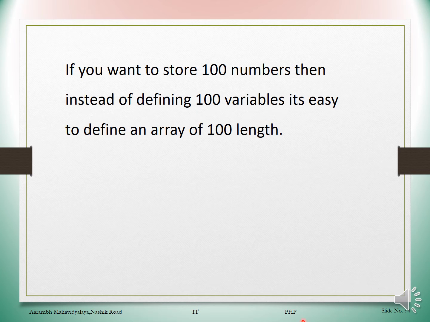Now it's simple. If you have to define 1, 2, 3, 4, 5 variables, we can easily define those 4 or 5 variables within our program. But if it is only for numbers, that means our data type is the same, that is integer, and for those integers we have to define separate variables, then it will be very hectic. For that we can use the array concept to store all these required variables as an array length. Now just see how to define the array.